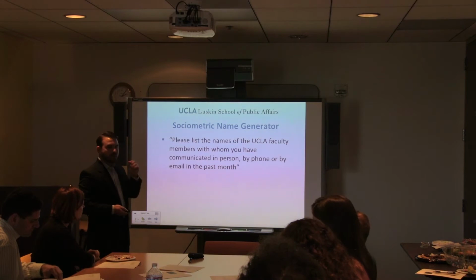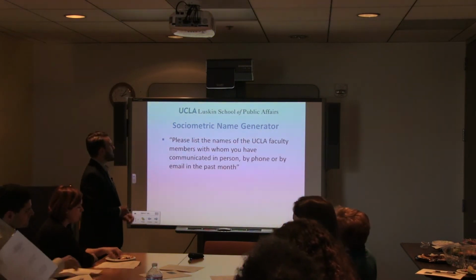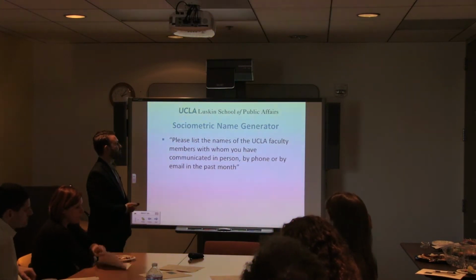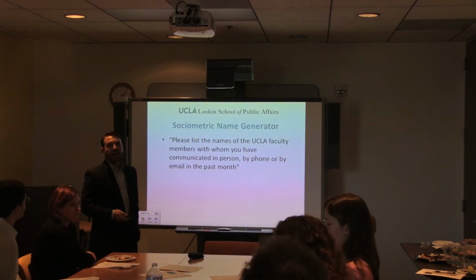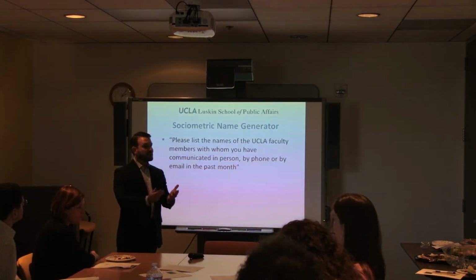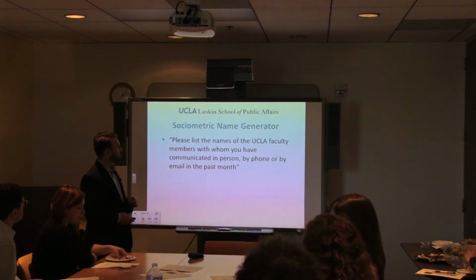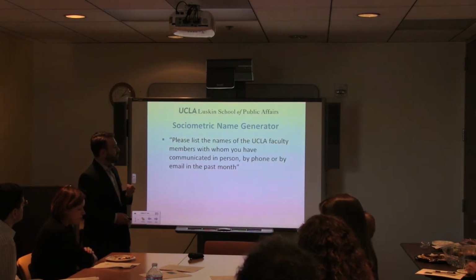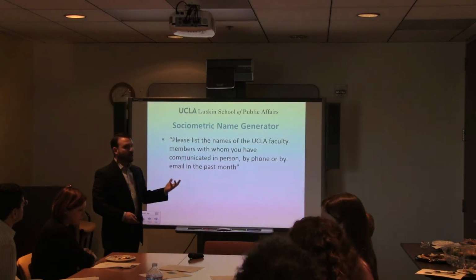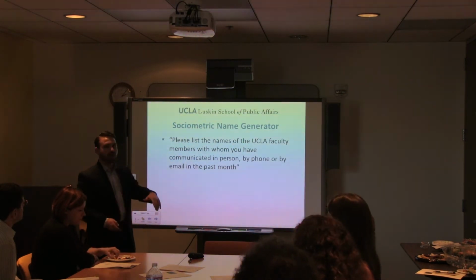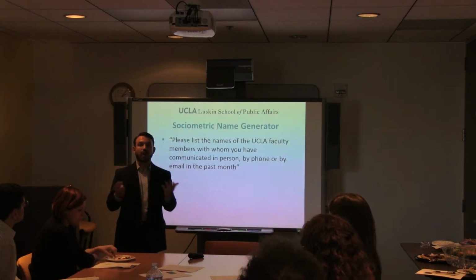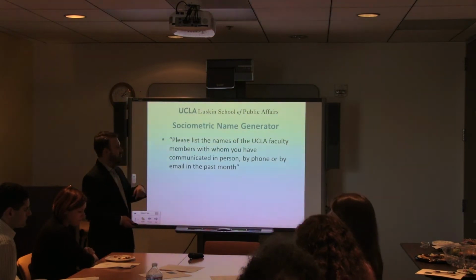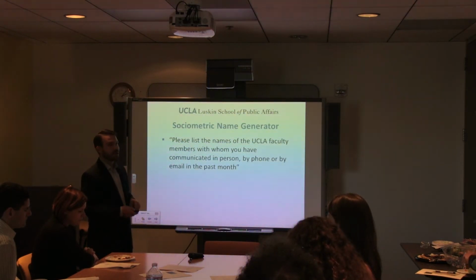An example of a sociometric name generator question might be something like, please list the names of the UCLA faculty members with whom you've communicated in person, by phone, or by email in the past month. Putting that boundary sometimes makes it easier for individuals to recall who they've connected with. What's being done more and more with technology is using drop-down menus where you can have a list of all of the people who are possible nominees. So you could have a list of all of the UCLA faculty members in a drop-down menu, and participants could just select those that they've